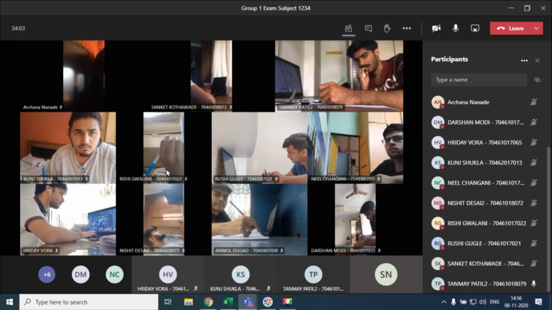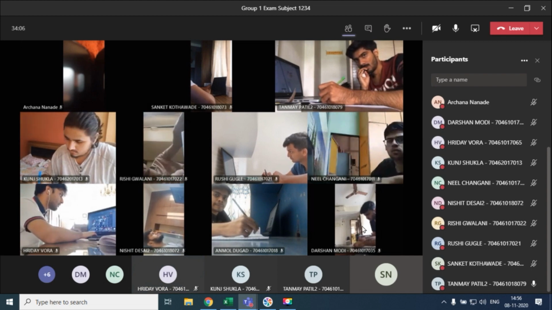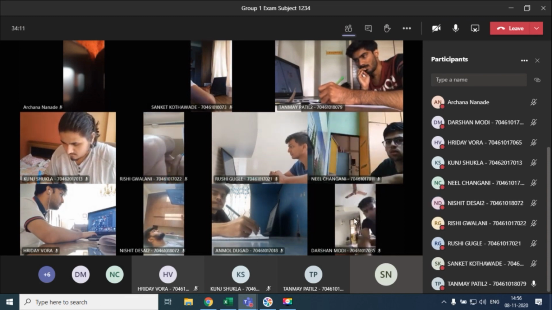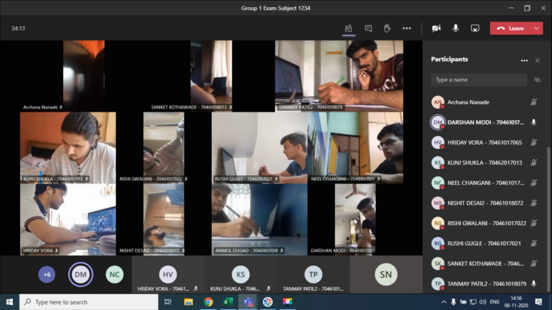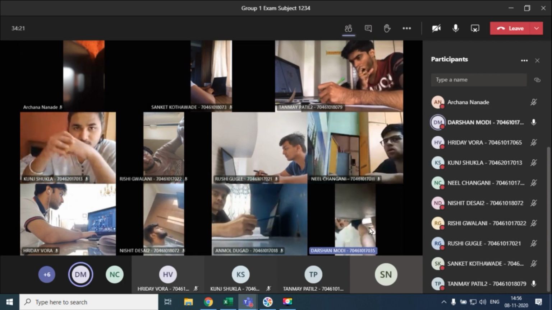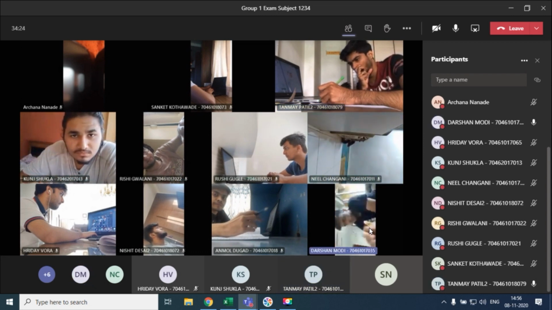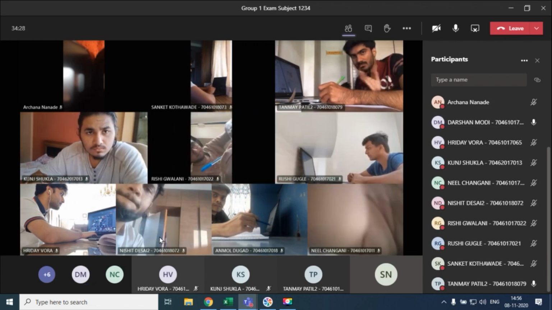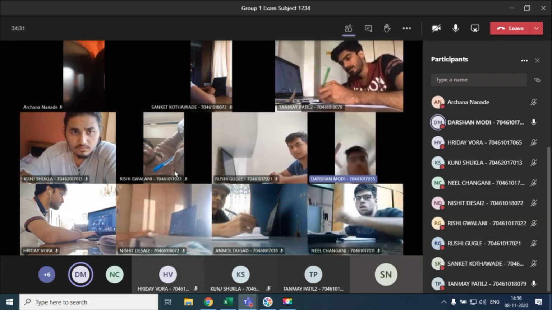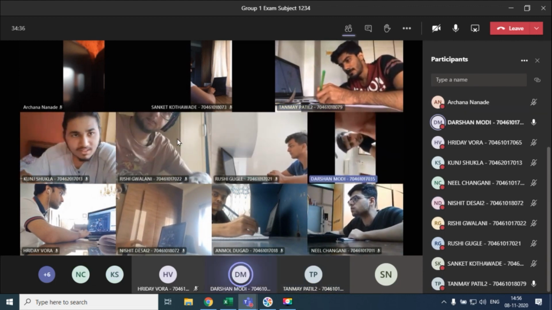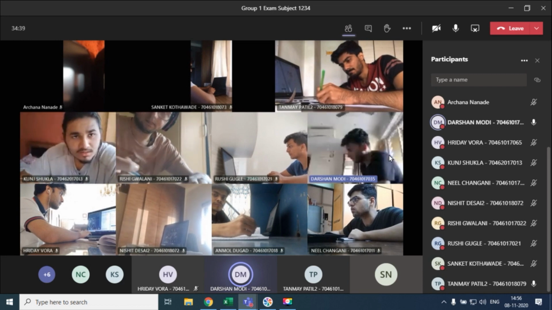Nishit, Rishi, Darshan, either try auto rotate on or tilt your phone. So if the phone is already horizontal, you will be needing to do auto rotate on. Make sure the mobile is on horizontal mode and then you do auto rotate on. Right.